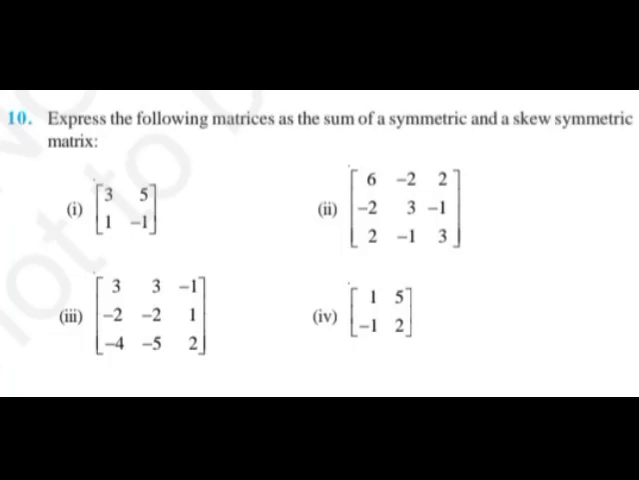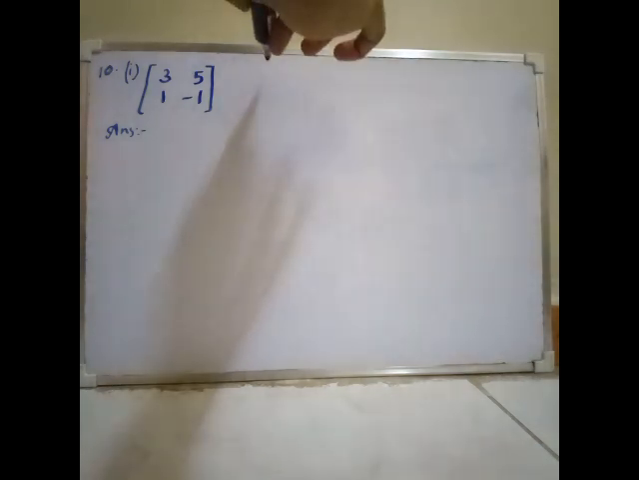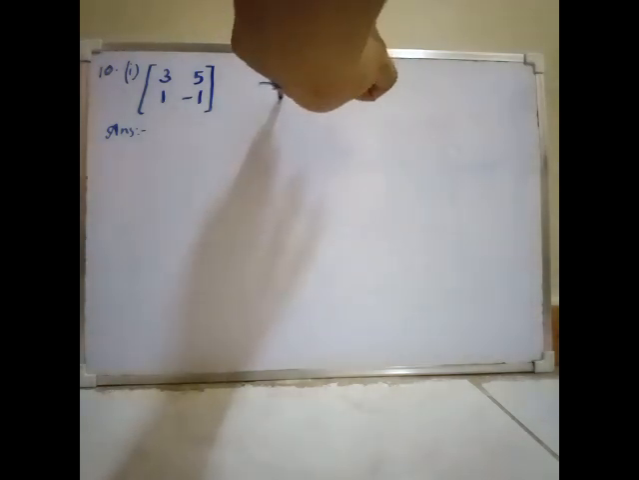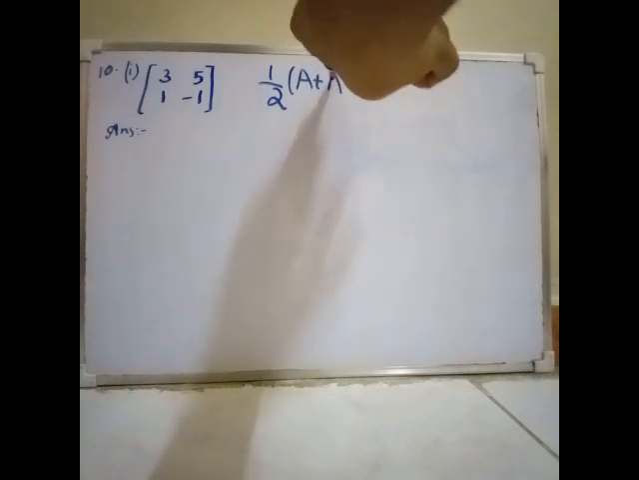So if you check the 10th question, we have 4 sub questions and we have to prove each matrix as the sum of a symmetric and a skew symmetric matrix. So we know for any matrix to be proven as the sum of a skew symmetric and a symmetric one, we have to use this formula: half times A plus A dash,